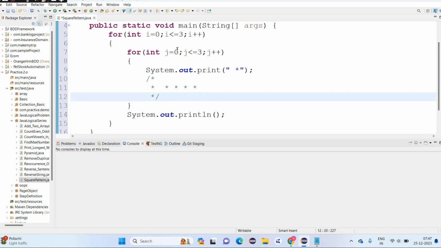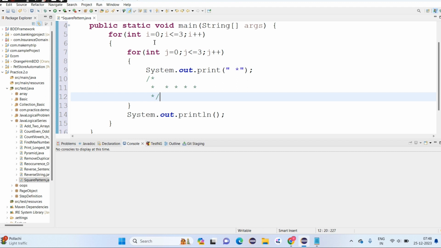Then after the loop is terminated, i is incremented by 1, and it checks the condition 1 less than or equal to 3. The condition is true, so it comes inside the child for loop, and the child for loop starts from 0 again. Remember that every child for loop starts again and again from 0 when the parent for loop is incremented by 1, not from that particular value like 1, until the loop is terminated.